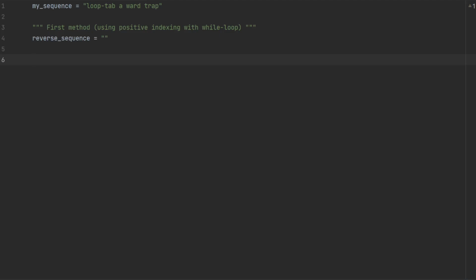So I would need to know the length of my sequence. Let's say i equals the length of my sequence, and in my while loop, when I'm starting at the end, I want to go from the end to the first item. So as long as my index value is more than 0, because the first item here has index value of 0, I'm reversing my order. At each iteration, I want to add to this reverse sequence. So reverse sequence plus equals my sequence